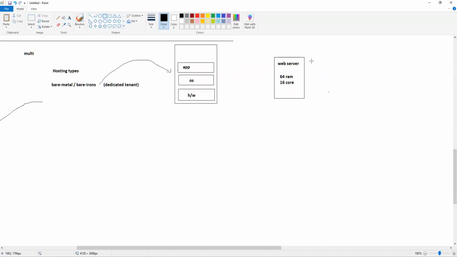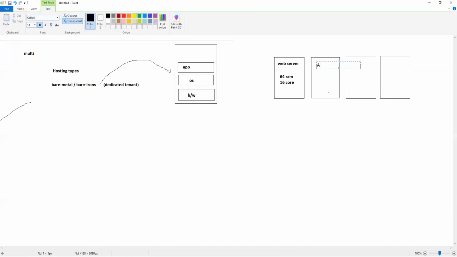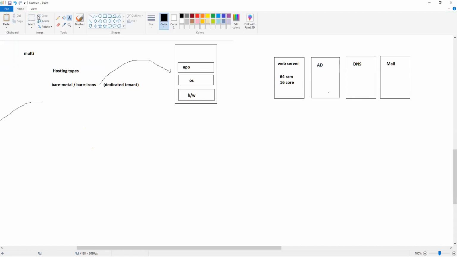I can also have other servers, because I'm a company, just giving you an example. I have an AD server here, a DNS server, and a mail server. All of these servers have the same configuration. And then I have a lot of application servers. Let's assume that I have around 20-50 total servers.